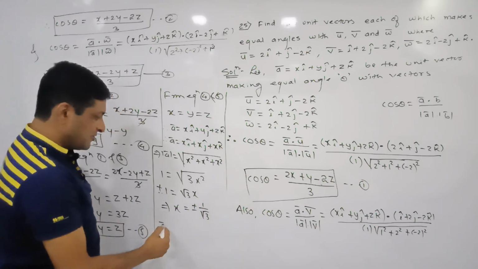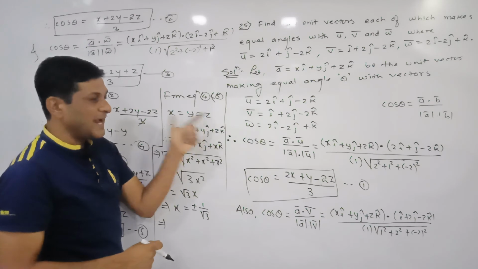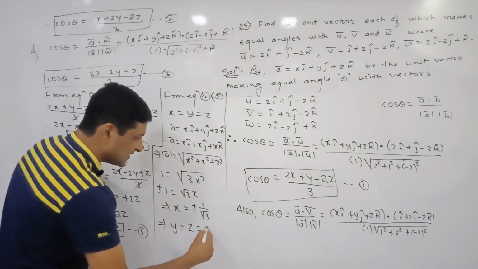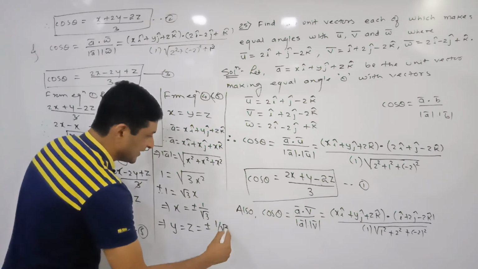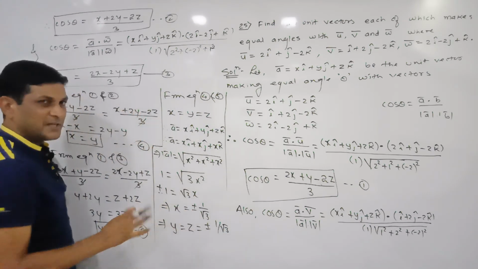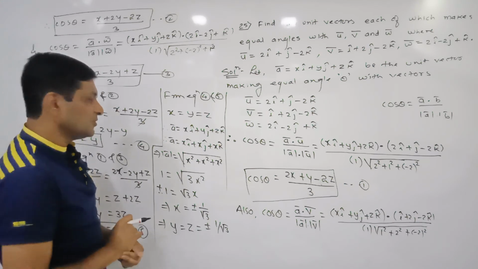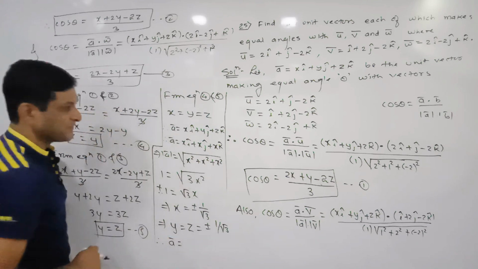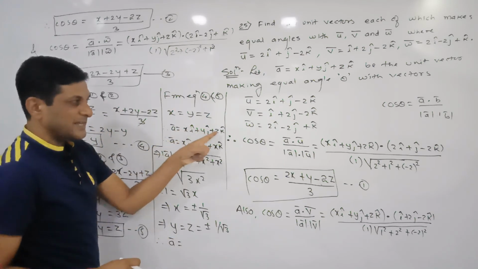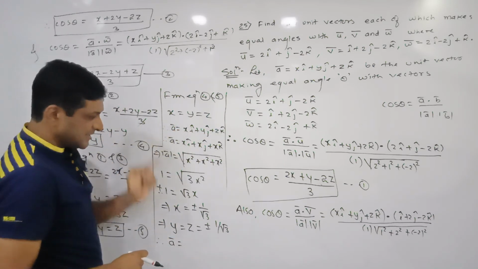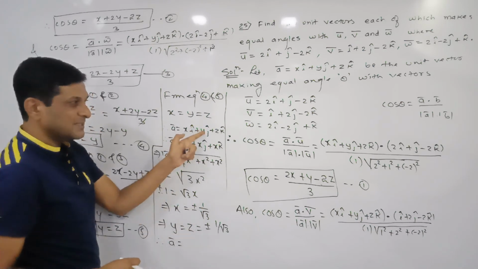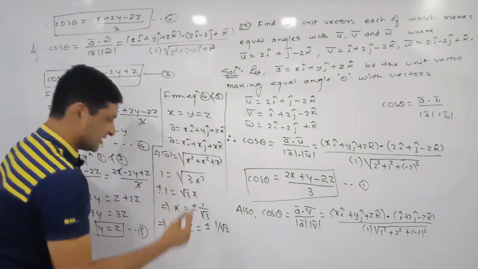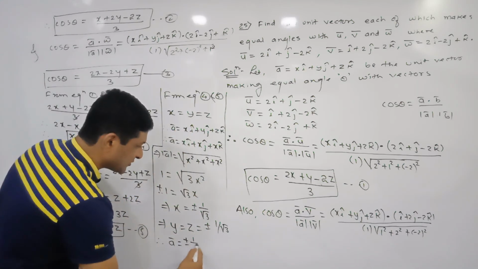So whatever may be the value of x will be the value of y and z. So therefore x is equal to y is equal to z is equals to plus or minus 1 by root 3, because x, y and z are equal. Once all these values are known to us, therefore we can say that a bar will be equals to, so what is a bar? x i cap plus y j cap plus z k cap, but x is also plus or minus 1 by root 3, y is also same and z is also same. We are substituting all these values in this expression. So what we'll get here then? Plus or minus 1 by root 3